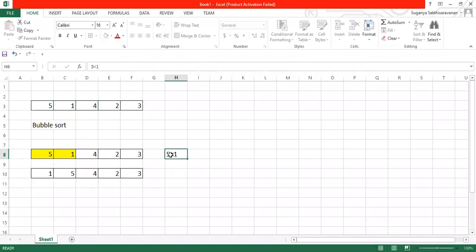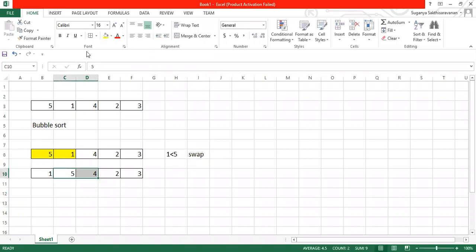I can also phrase the condition as whether 1 is less than 5; if it is not true, you can swap it. You can take any one of the conditions. As a whole, the right side element should be less than the left side element. You can write your condition according to your convenience. So a swapping occurs, since 1 is not less than 5.